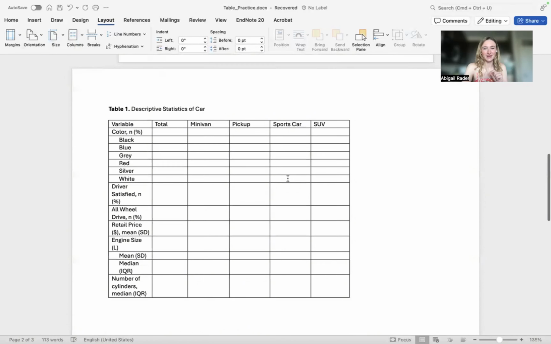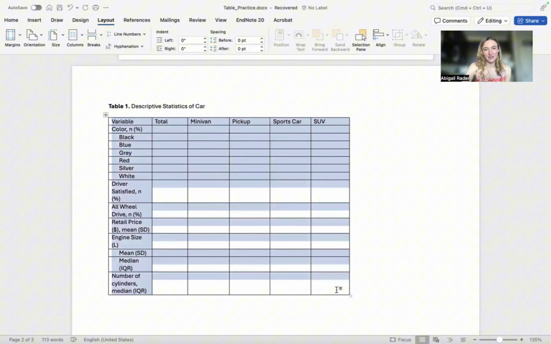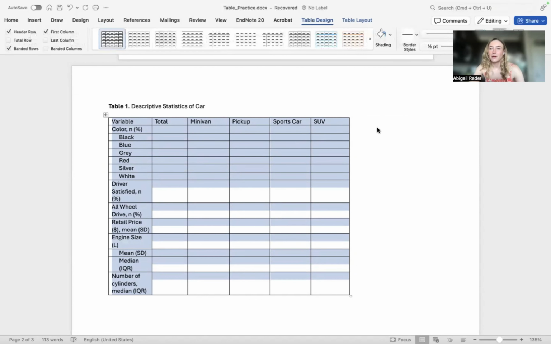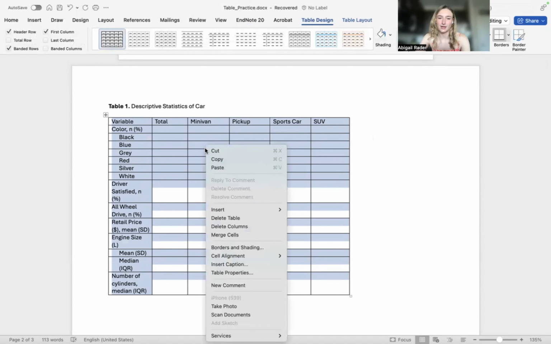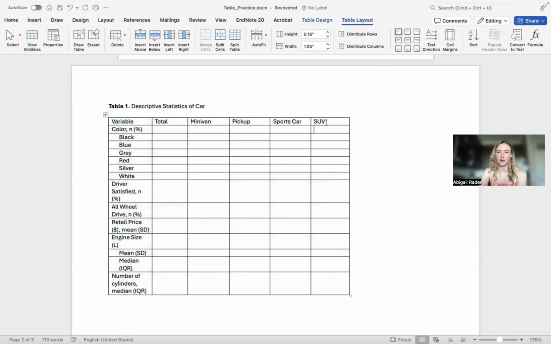So that's pretty easy. So now we want to spread it out. I wish Word did this automatically and made this fit the page, but it doesn't. So what you can do here is just highlight everything. And then when we go to our table design, when we right click it, I always mess up how to do this, table properties, table layout. Oh yeah, it is table layout, sorry everyone. For the width, we can just update it to something. So right now it's